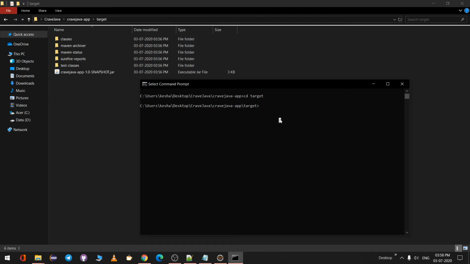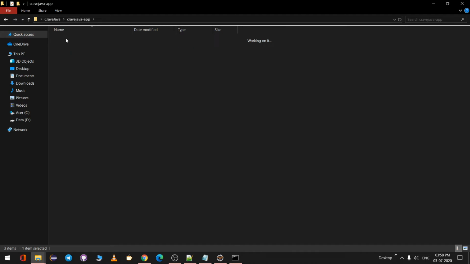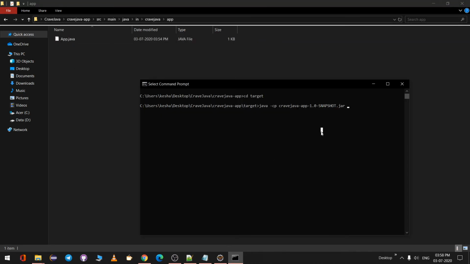So I'll say java minus cp, and the jar name is crave java app 1.0.jar. Sorry for that. And we need to give the complete path. Inside source main java, it will start from in dot crave java dot app, so in dot crave java dot app dot app. If I hit enter, it will say hello world.